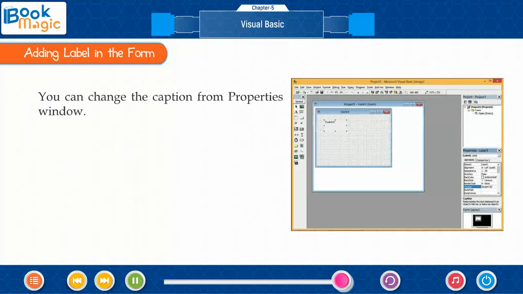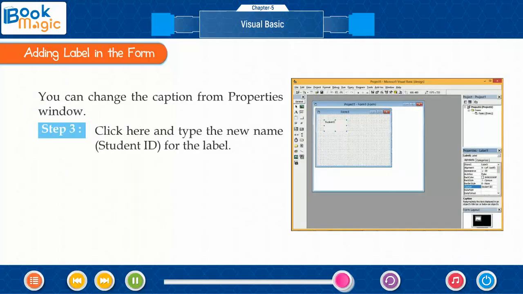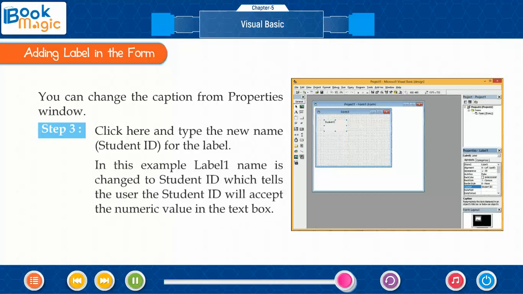You can change the caption from Properties window. Step 3. Click here and type the new name, Student ID, for the label. In this example, Label 1 name is changed to Student ID, which tells the user the student ID will accept the numeric value in the text.